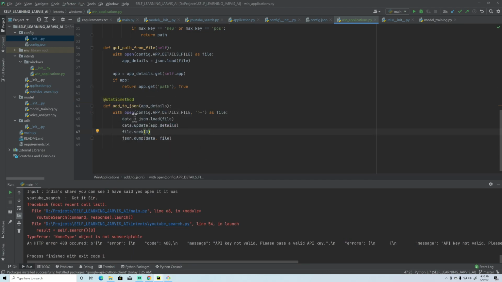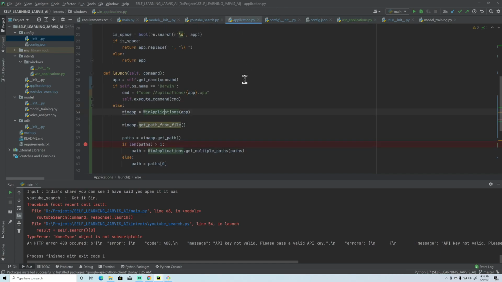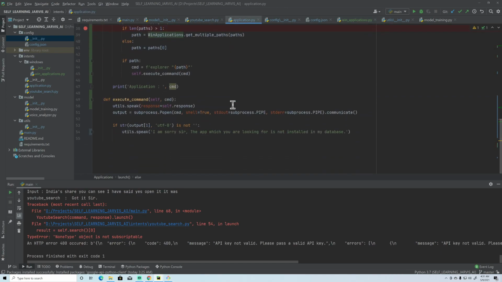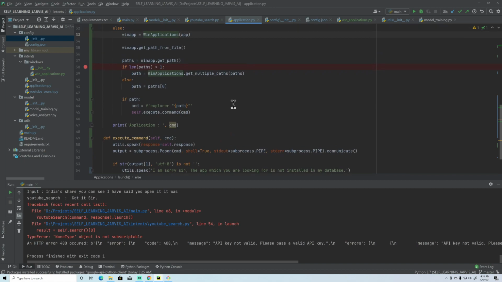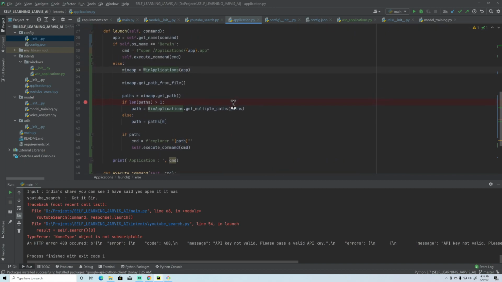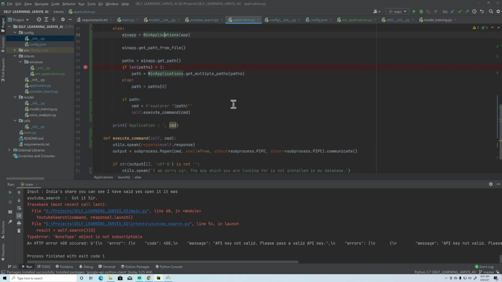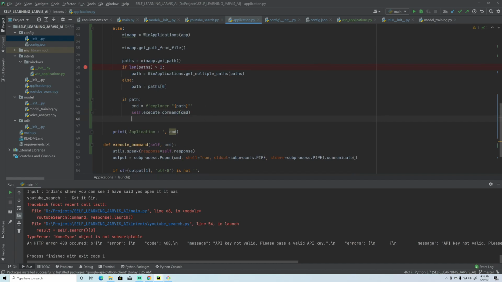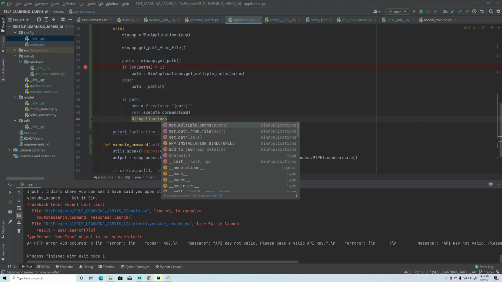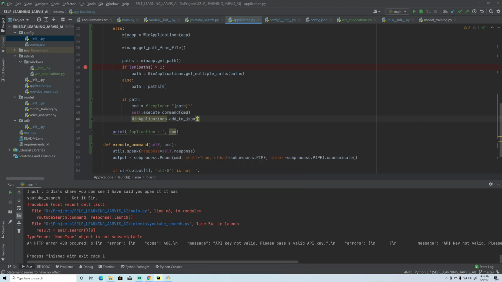Now this file will be created in every run. If it is not created, if it is created, then this add to JSON method should be called after successful opening of the file, right? So what we can do, here we will have win applications dot add to JSON, right?